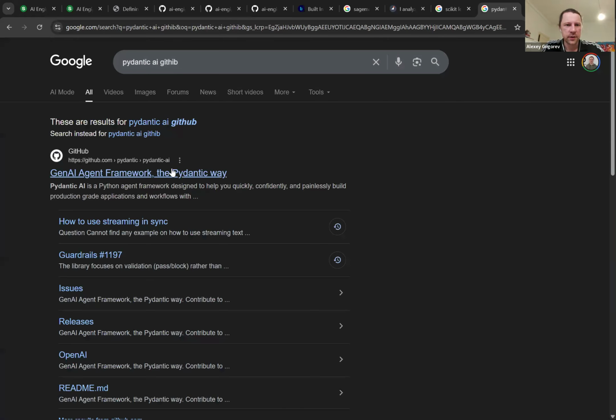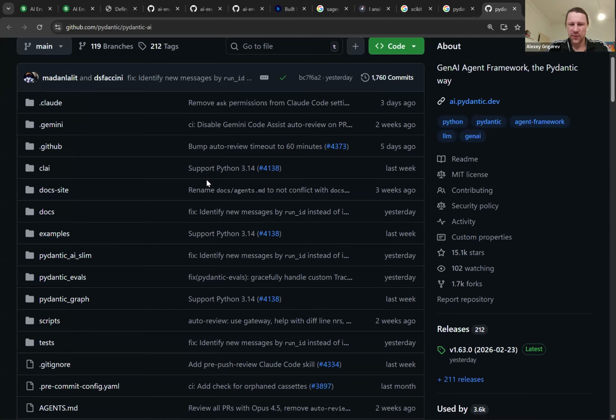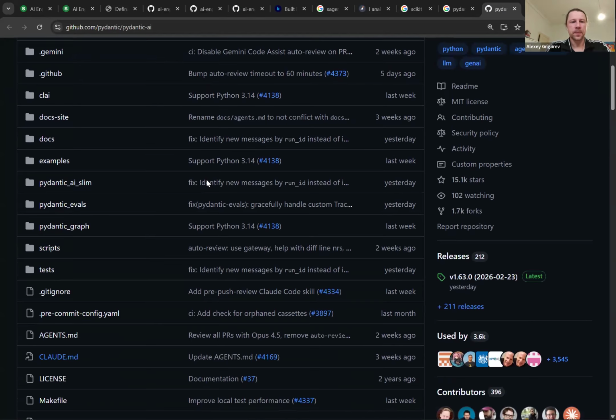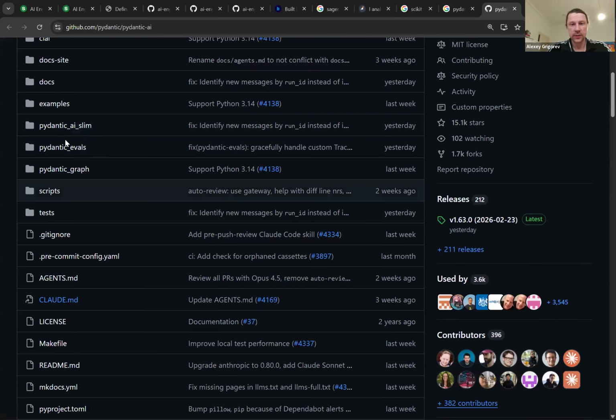Pydantic AI is my favorite agentic framework, and it's way smaller than scikit-learn, but it's still not easy to understand what's happening there. So maybe you take what you learned and build an agent for analyzing that.